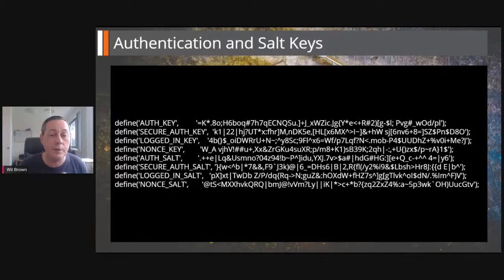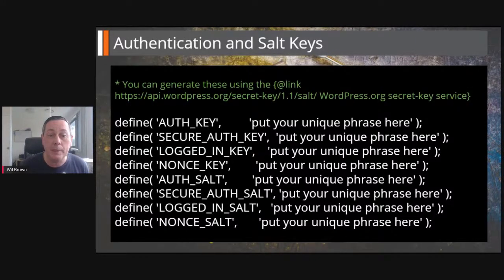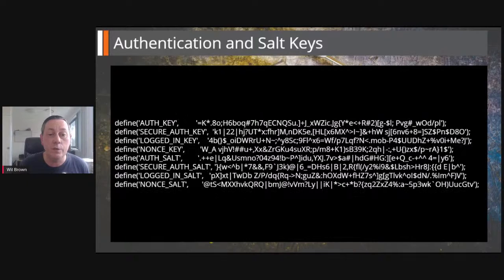And if you have a look at the previous code, there's actually a link in the WP config file in the comments above. So there's a link there that you can go to, and I'll just post it in here. And it's from WordPress itself. It's a WordPress.org link, and it just generates a random block of code for your salts. So I would recommend you go there if you haven't done that already, generate a random block, and then paste it into your wp-config.php file, just to make sure it gives you that extra layer of security for your cookies